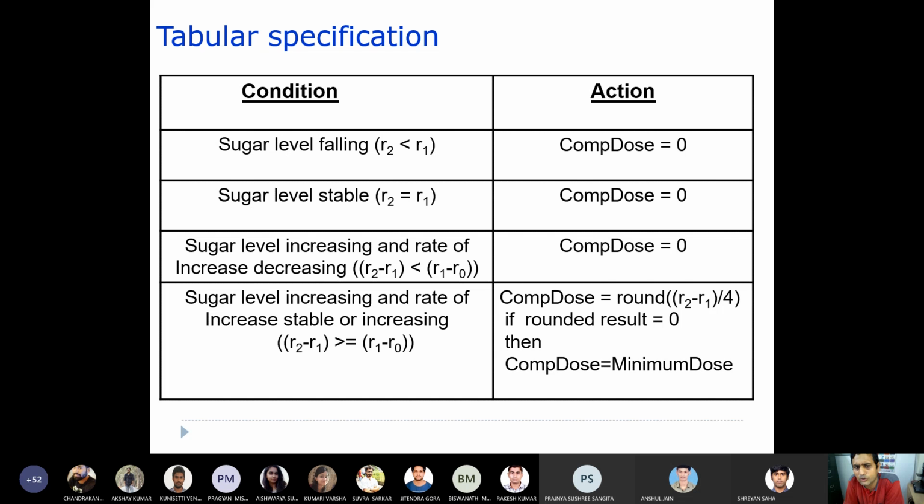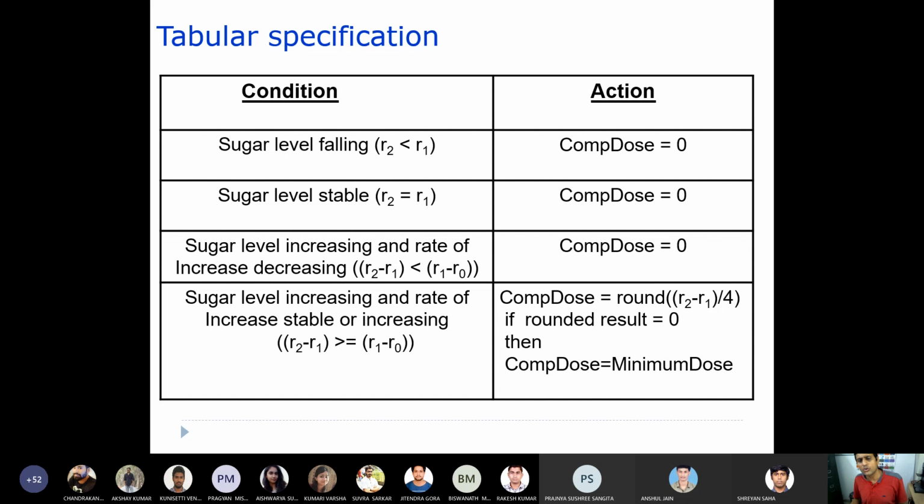You give insulin so as to control your sugar level. So if the sugar level is falling or decreasing, you need to compute a dose that is equal to 0. R1 and R2 are the two samples of sugar level.